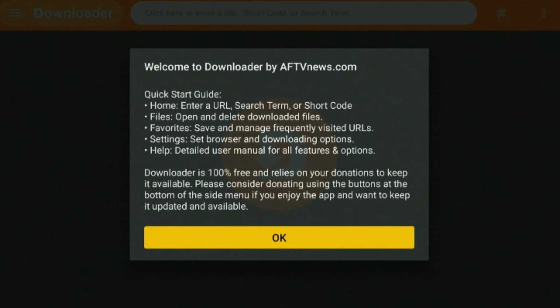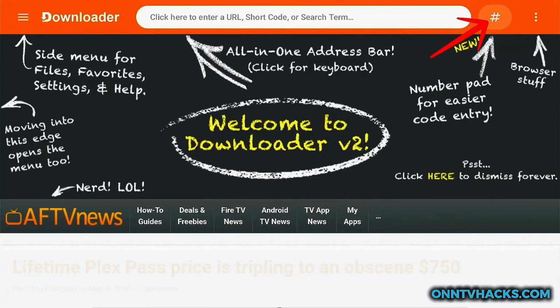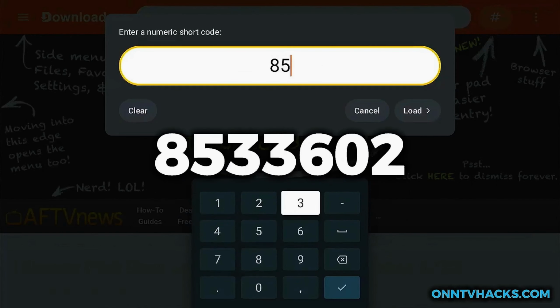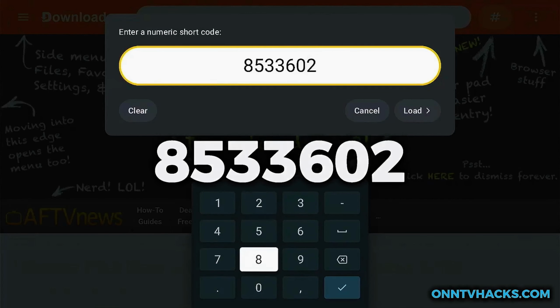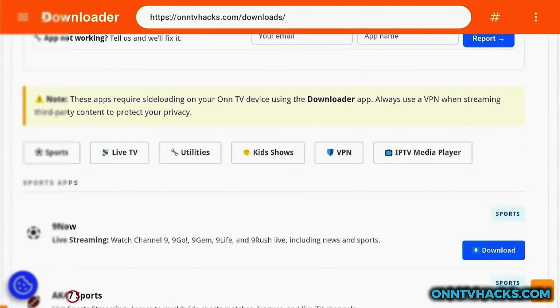Once installed, open the Downloader app, and the first time you launch it, accept all the necessary permissions. Click on the hashtag icon and then type this code, 8533602, which will take you to my ONN TV Hacks downloader page, where all essential Android apps are organized into